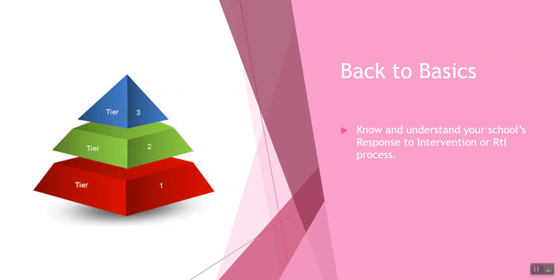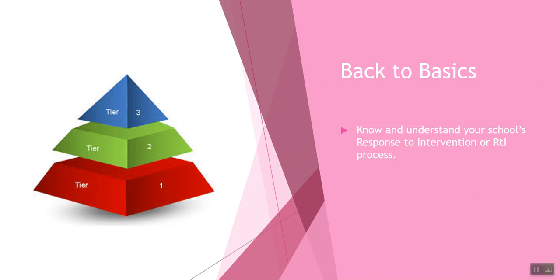Now, if they still continue to struggle, you move on to the tier 3 process, which is still with an interventionist, and it just gets more intensive, where the student may even start practicing more basic skills that they may be lacking, such as phonics skills or studying multiplication facts.